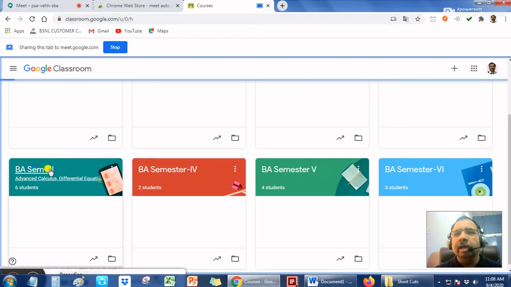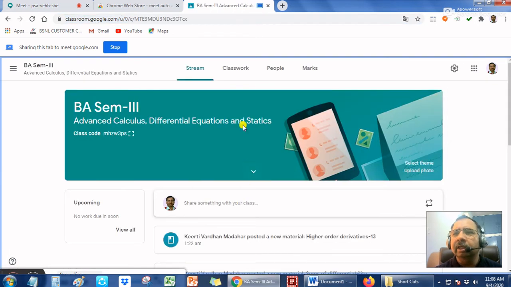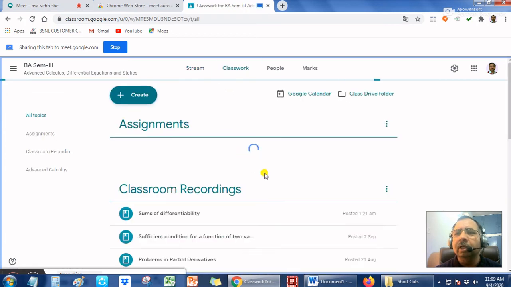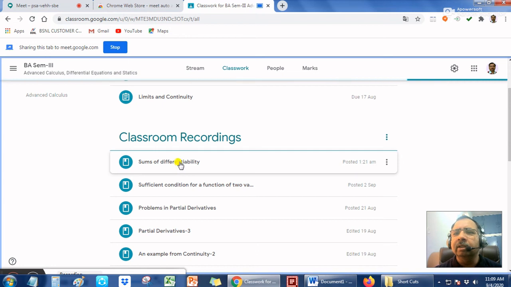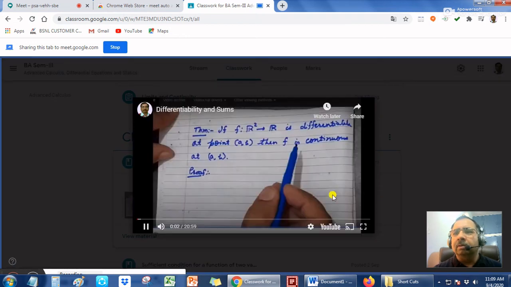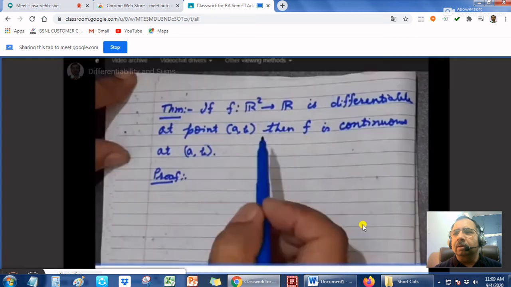Suppose I have something to share here with my students in the classwork. Suppose I go and suppose I share this thing. F is differentiable at point AB.